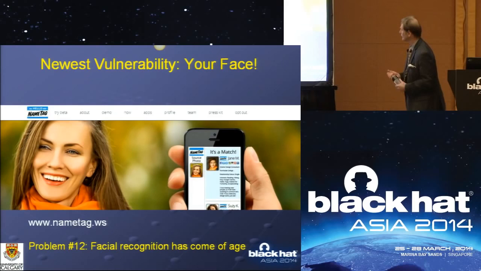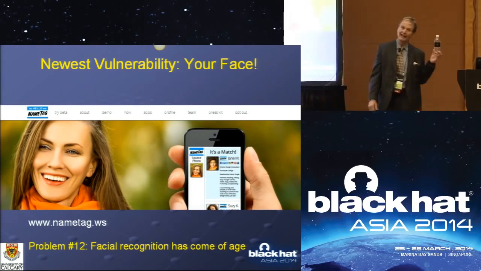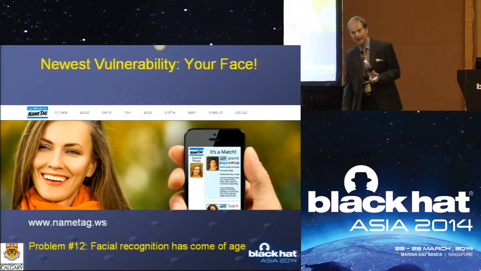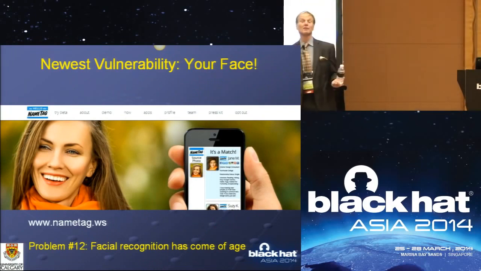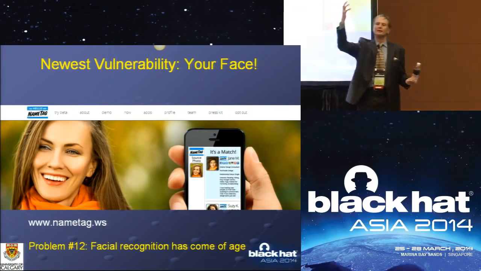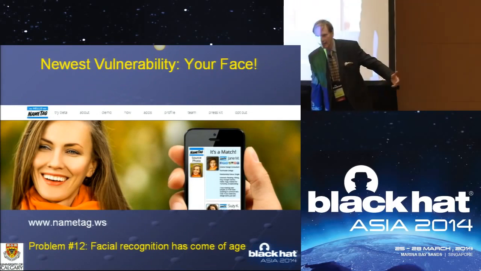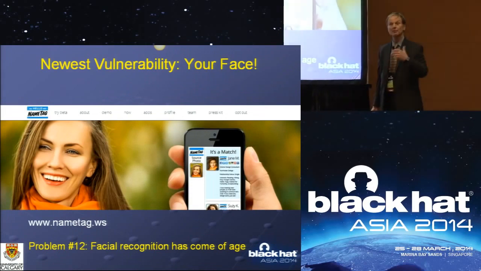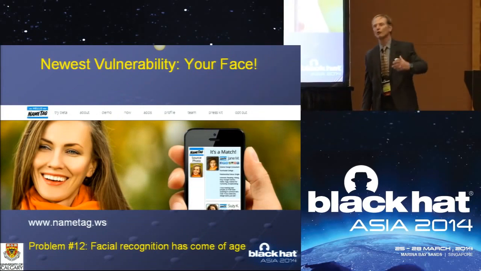Okay, the newest vulnerability that's coming along is your face. There was just a product called NameTag announced. I have a good friend who does a lot of work in facial recognition. He's Alexander Acquisti at Carnegie Mellon. And Alexander's most famous experiment was he took all the people who are on Facebook, young people basically, in Pittsburgh, and then he went to this dating site called Match.com. And when people sign up for a dating site, they usually don't give their name. They make up a pseudonym like Sexy Babe 235 or Hung Guy 404.